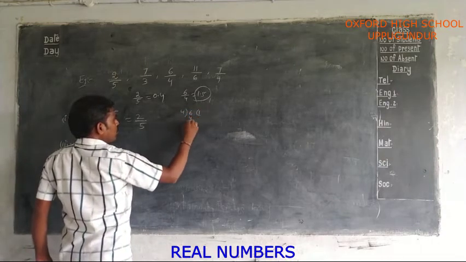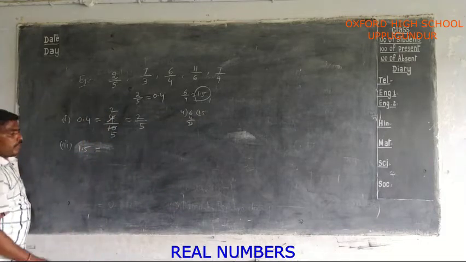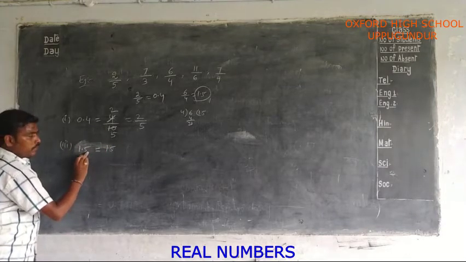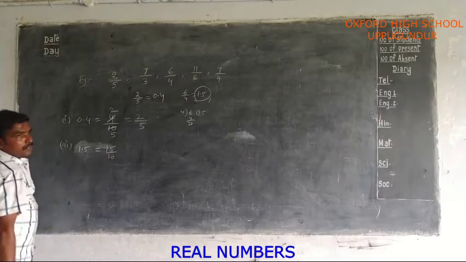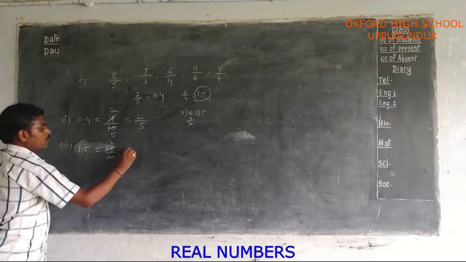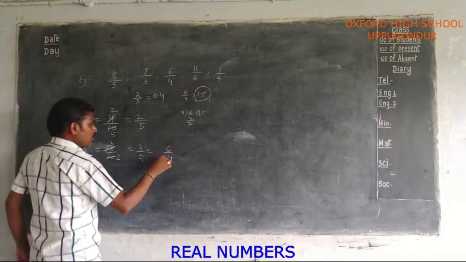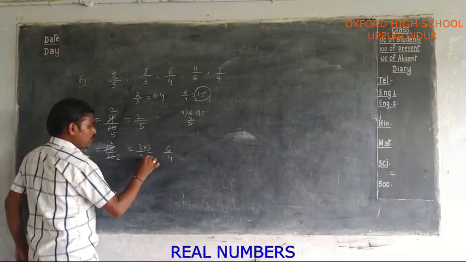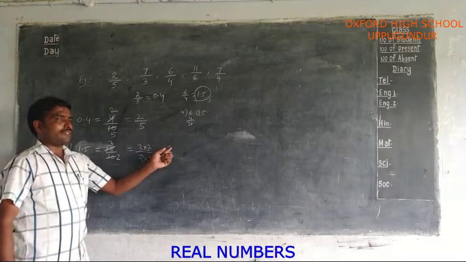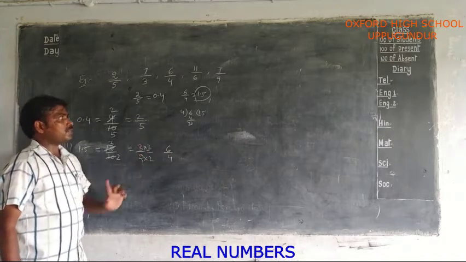4 ones are 4. 2 is the remainder. 1.5. So how will you write 1.5? Similarly, 15 by, after point, how many digits are there? One digit is there. You have to keep 10. So 5 3s are 15, 5 2s are 10. So 3 by 2, which is equal to 6 by 4. Why 3 by 2 equal to 6 by 4? Here 3 into 2 you will get 6, 2 into 2 you will get 4. This is the equal fraction for 6 by 4. When you simplify 6 by 4 you will get 3 by 2. So 1.5 equal to either 3 by 2 or 6 by 4.